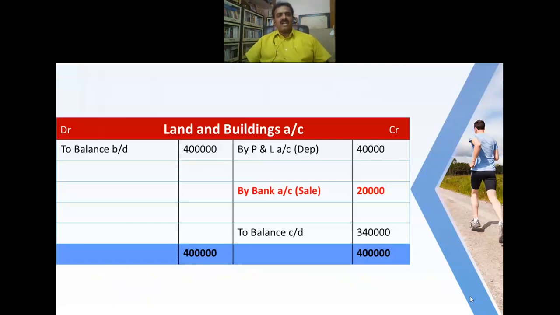Cash outflow of land and buildings. Land and building is an investing activity. It will come under the second activity, investing activity. That is the first adjustment with respect to land and building. Similarly, you need to prepare